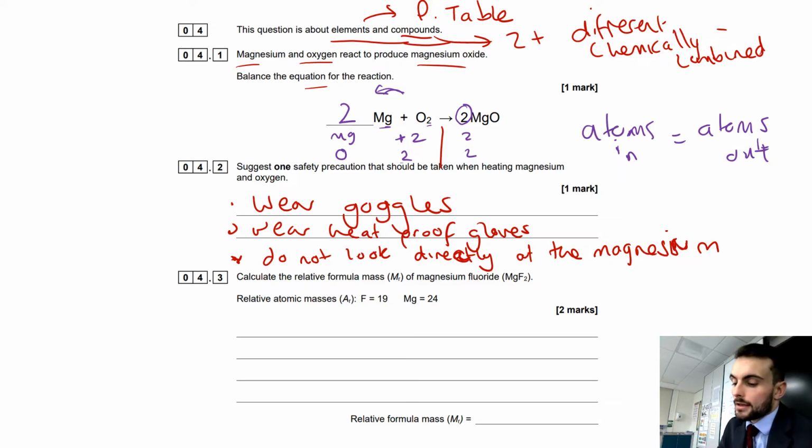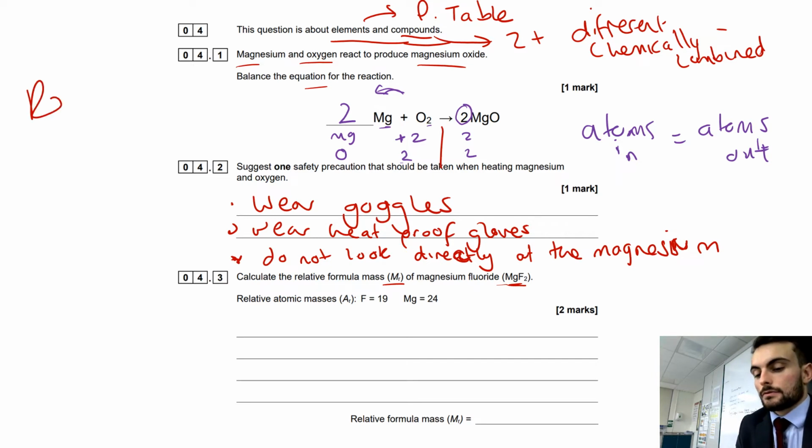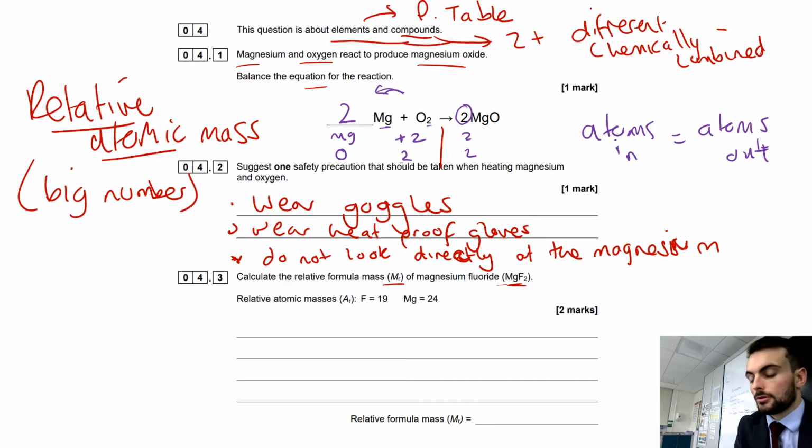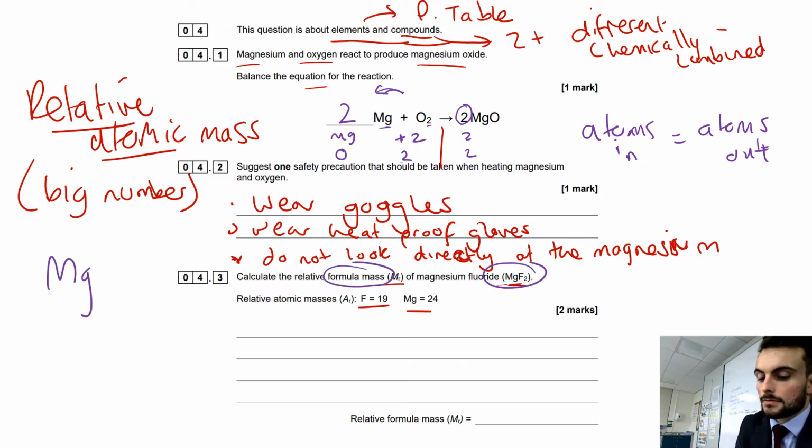And then the final one, calculate the relative formula mass for magnesium fluoride MgF2. So formula mass, you've already heard the phrase, we're thinking straight away relative atomic mass, which is on your periodic table. You should be able to figure that one out. So your relative atomic mass is the big number. The small number, remember, is the atomic proton number. But luckily, it's done us a favour and it's actually given us the relative atomic masses. All we've got to do is figure out what the total formula mass for MgF2 is. If you're struggling,